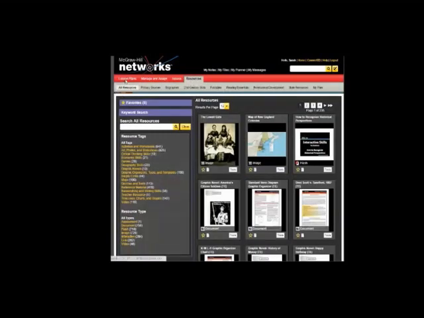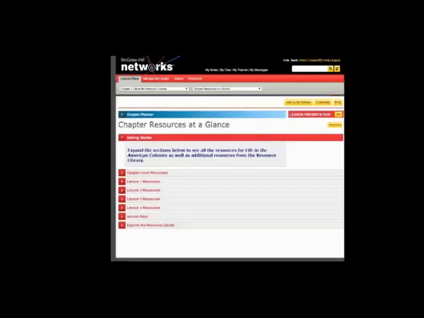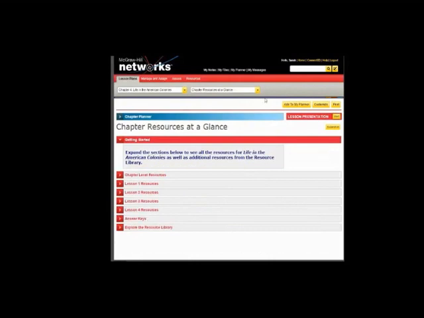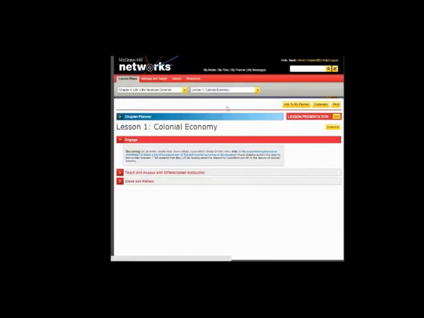You'll also want to check out the lesson plans. And you can go ahead, I would suggest starting with the chapter resources at a glance. This will show you all of the chapter level resources for a given chapter with a description or a list. You can see those for all of your lessons as well. And then I would suggest moving into a particular lesson of the McGraw-Hill Recommended, and you'll be able to see